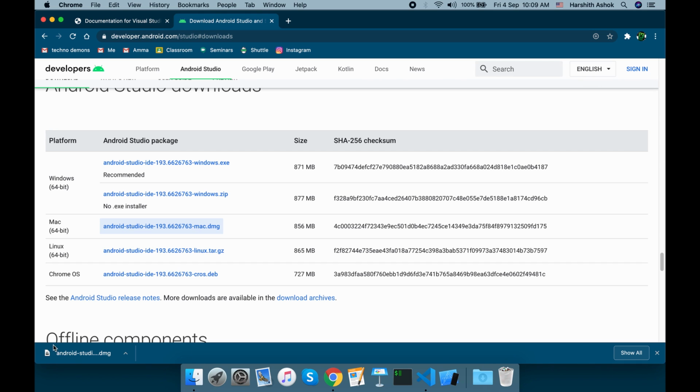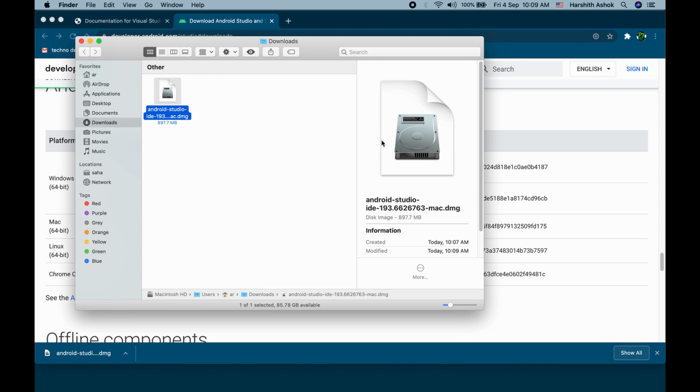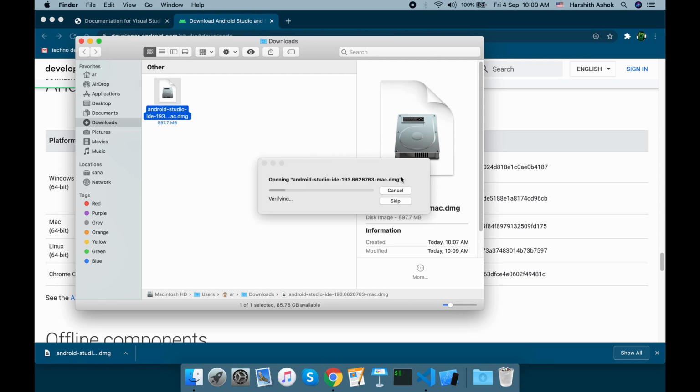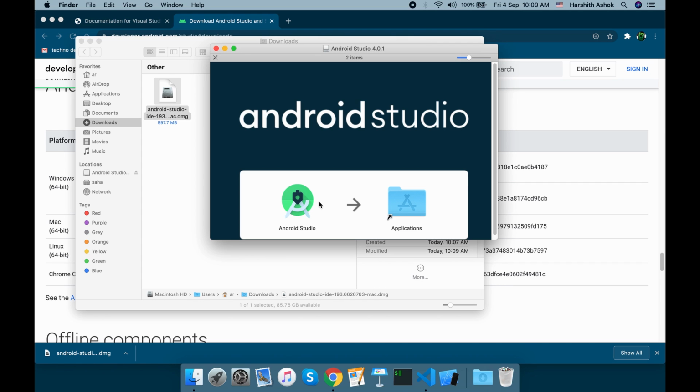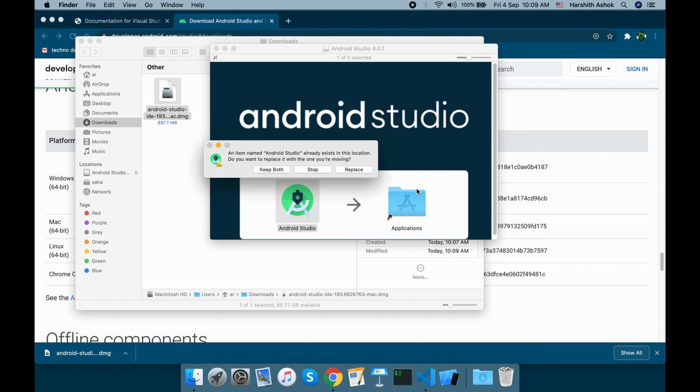Okay, when that is done, you will notice that the download has completed. So we'll open it in Finder, and we are going to double click on this disk image, which is first going to verify the Android Studio IDE. Okay, now we are just going to drag this over here, and I have already installed Android Studio, so you will not be getting this, but it is just going to copy for a while, and I'm going to stop it here.